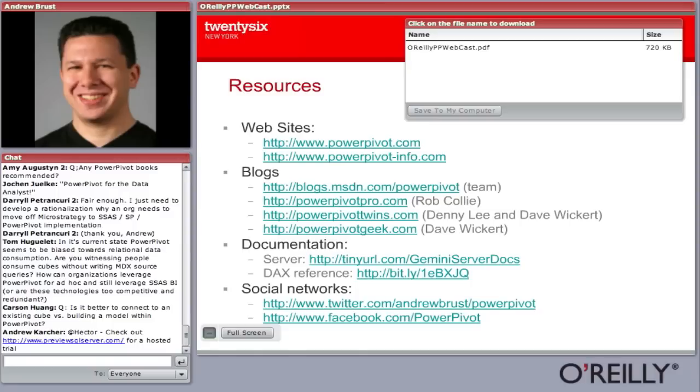Or are these technologies too competitive and redundant? They're not. Well, they're the same technology in a way, right? Analysis Services is the centralized server version, and PowerPivot right now is a separate desktop and SharePoint service application. There are different flavors of Analysis Services with different storage engines, and what you should keep your eyes out for